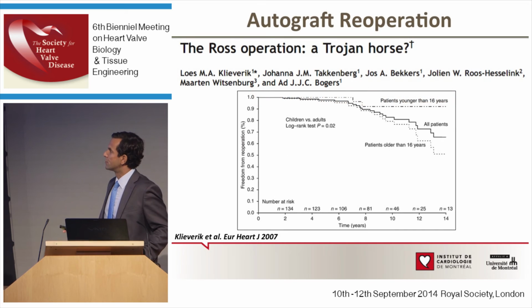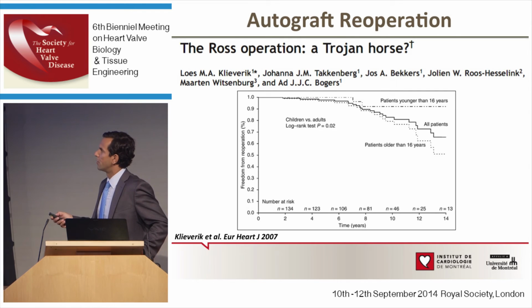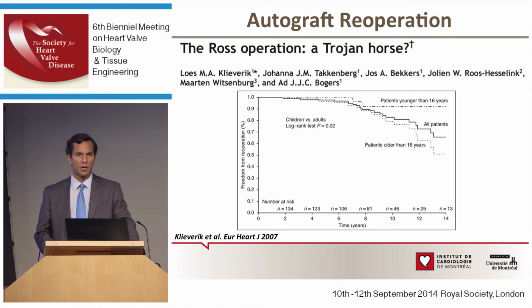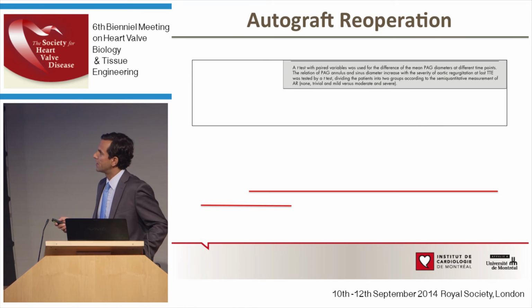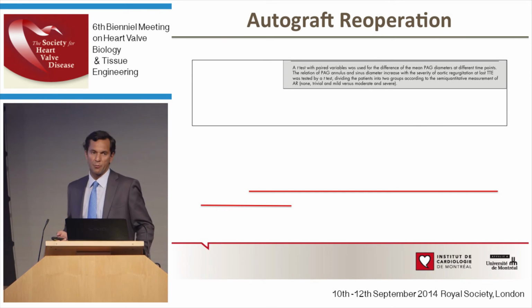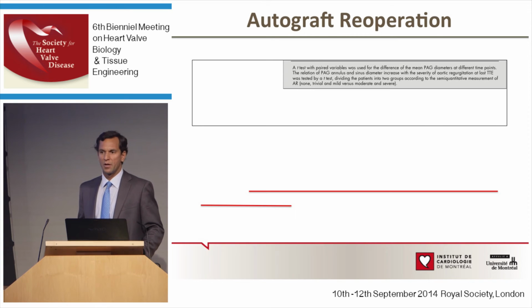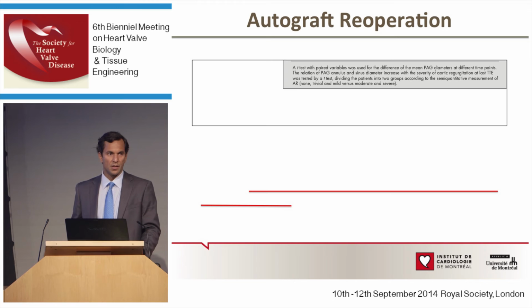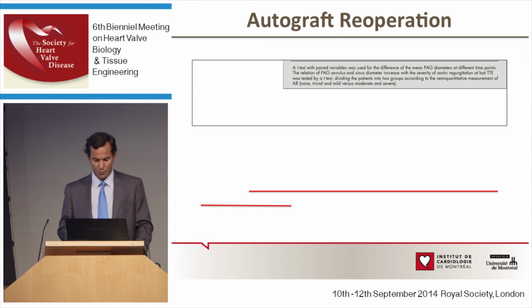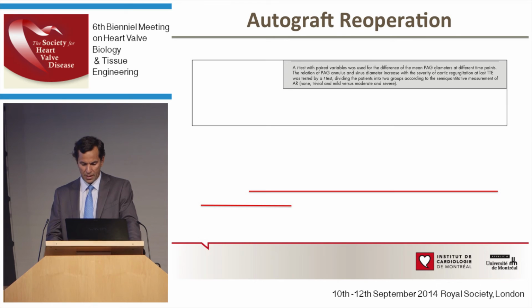And in fact, some studies have shown particularly high rates of reoperation. This is one from the Rotterdam group, showing a high and continuing to increase rate of reoperation at 10 years, and continued so. Now, if we look at that same group, when they looked at the patients who required reoperation, mainly because of pulmonary autograft dilatation in the systemic position, what they did show was that most of the diameter increase was already reached at hospital discharge. So most of that increase in diameter was reached very early on and continued to increase,